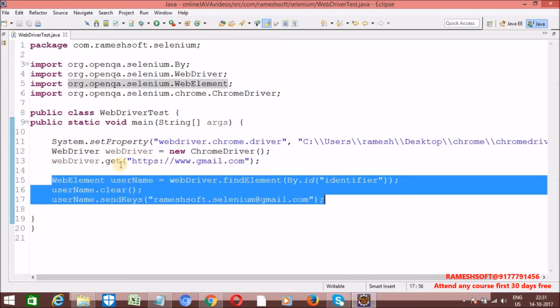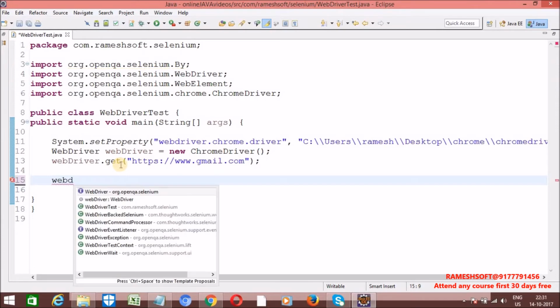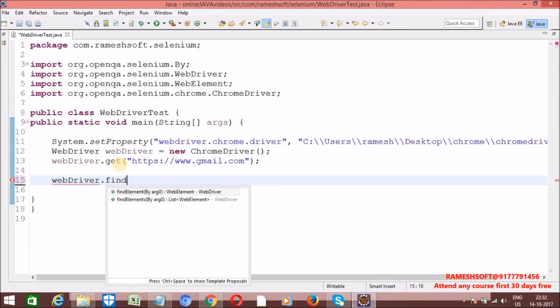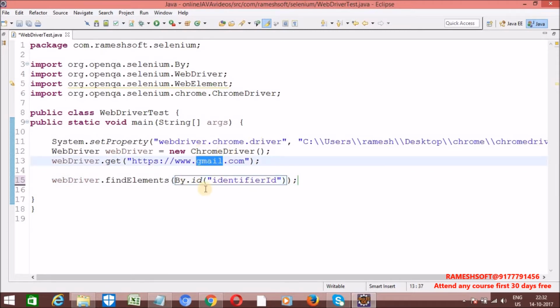Now when it comes to find elements method, if the element is not there, then we won't get any no such element exception. Simply this method returns empty list. Now see here, WebDriver dot find elements by dot id. My find elements method is going to check how many elements are there in the Gmail page. It is going to check in the DOM how many elements are there with id equal to identifier id. It identifies all the elements, it returns all the elements in the form of list,